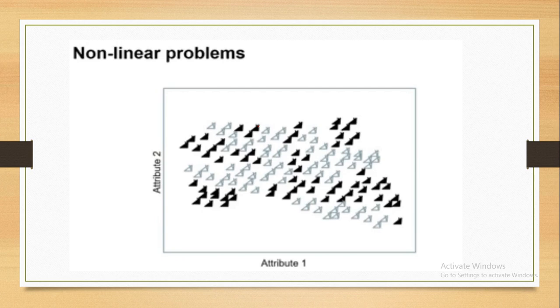Now, guys, let me take one more example. Here in this example, I have some triangles, some filled and some with only the border. Otherwise, you can say white filled and black filled. So we have two types of triangles, filled and empty ones. Now I want to use a model. It's a classification problem, so I want to use a model to classify these two.